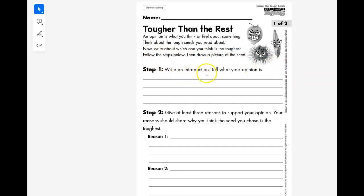Step 1, you're going to write the introduction. Tell what your opinion is. That means use a full sentence. My opinion is the toughest seed is the...